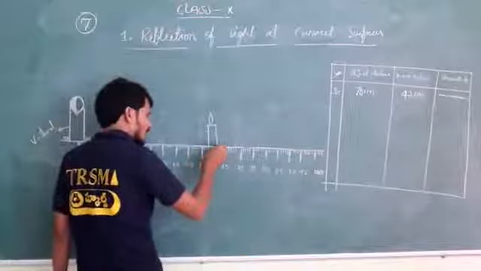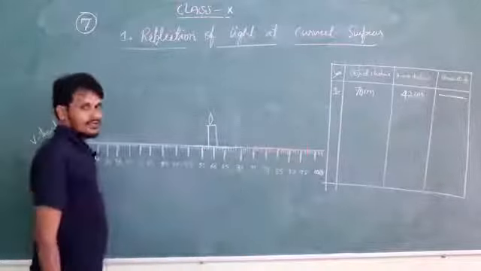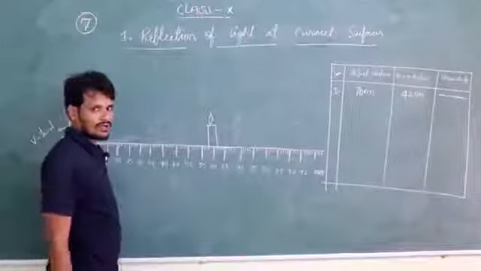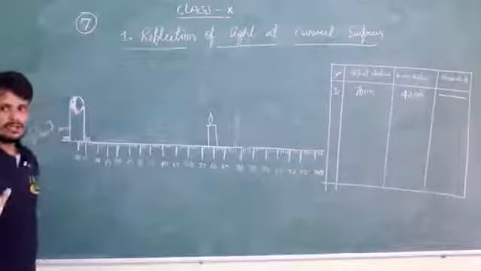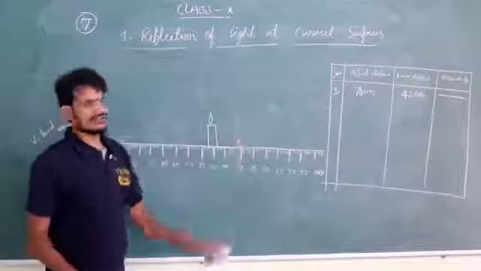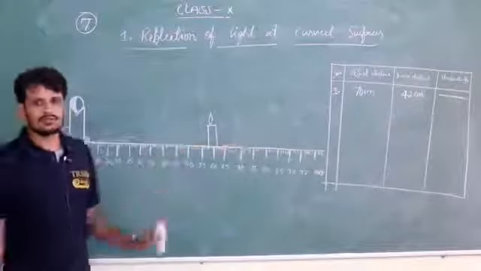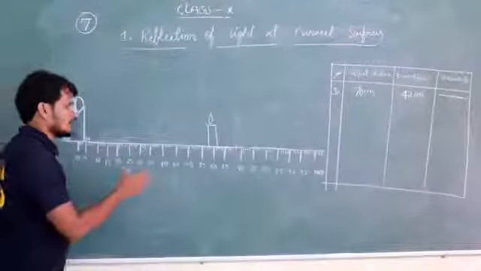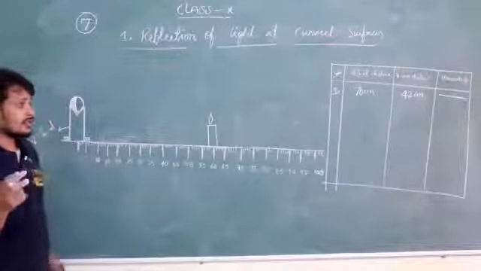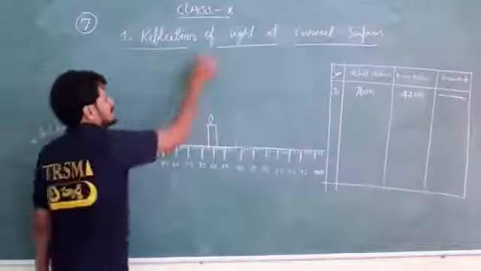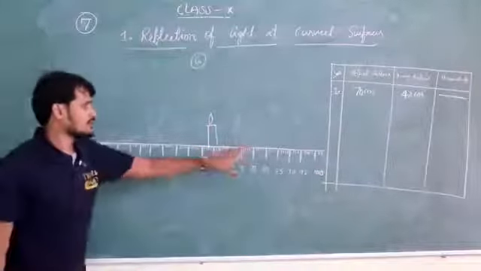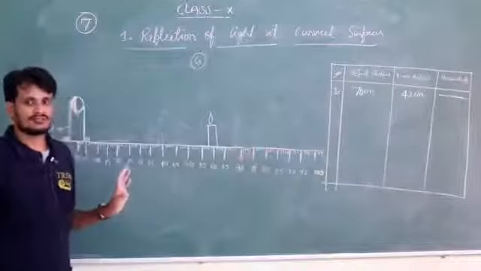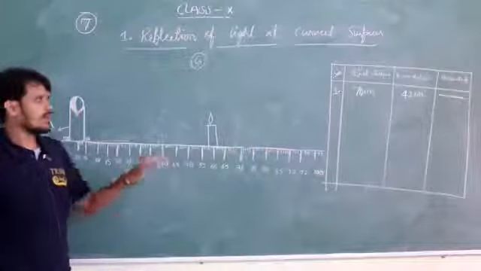what should I do? Move the screen from the candle towards the other side, the forward side. Maybe you will get the image; take out the distances and mention them there. Now you can do at least 3 or 4 attempts, until you get 6 positions. Until you get 6 positions, you will make many attempts.